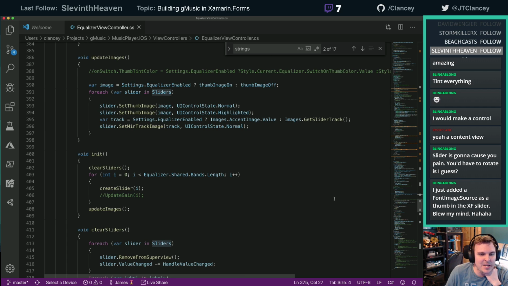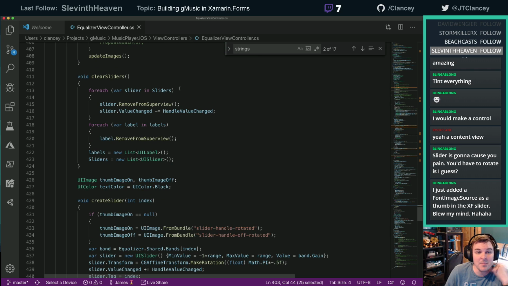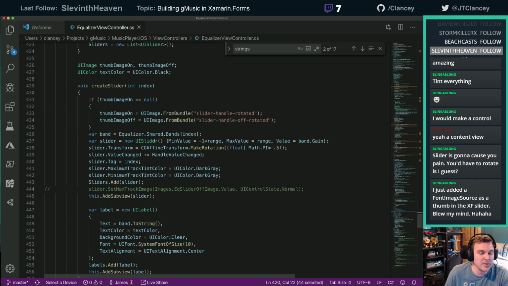So I have this create sliders, which goes through, grabs how many bands there are, and the create slider in my old one would destroy the old ones, remove the labels, and then create a new list of sliders and labels. And when it would create them, I used an image to do the rotated, because by default you can't rotate that.